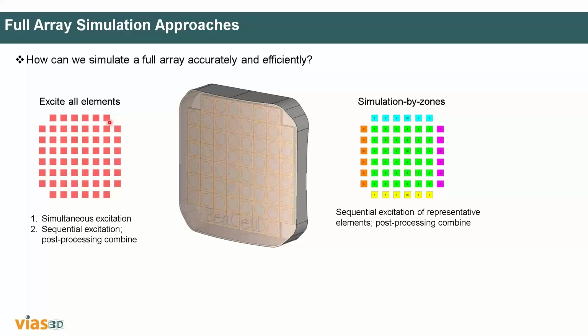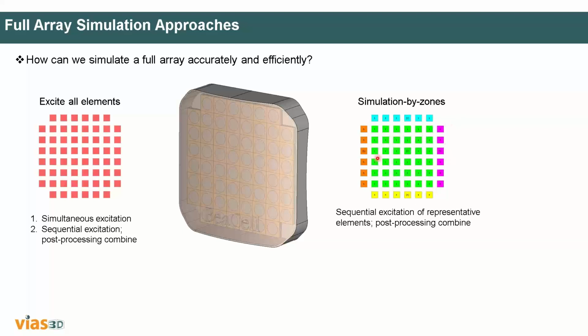So what is the advantage of sequential excitation? When you go for the post processing, you can get the different scan patterns. It will save a lot of computation time, but however, it will take some time for simulation and the post processing as well. The second method is how you can accelerate the speed in the sequential excitation method, by simulation by zones, where